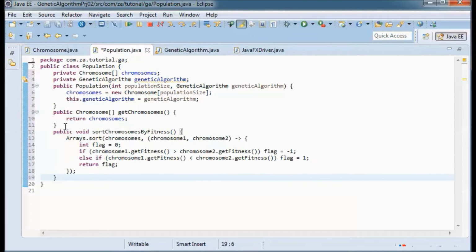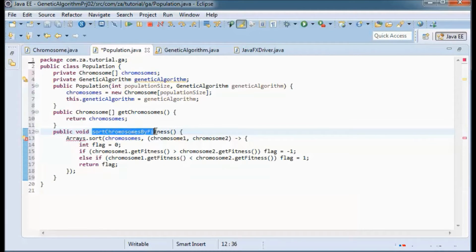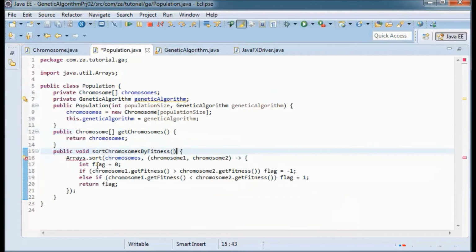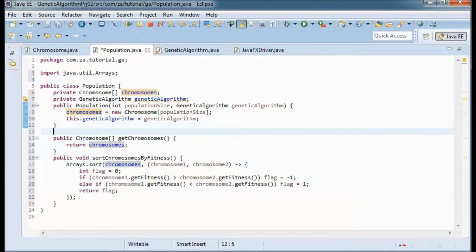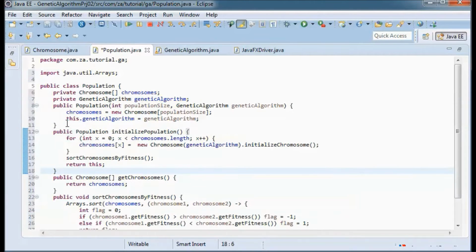And a sort chromosomes by fitness method that uses Java 8 to sort those chromosomes in this array. And lastly, we need an initialize population method that will initialize all the chromosomes in this population.